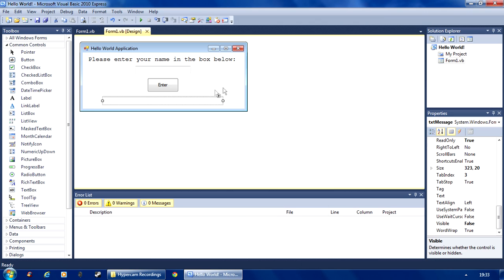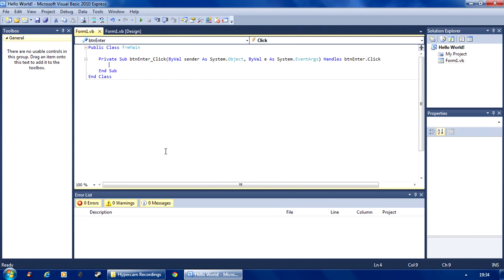So next we are ready to start with our code. So double click the button, and it'll bring up the code for what will happen when you click the button. So here's the code. The private sub for button enter when it's clicked, and it'll handle what will happen when the button is clicked. So here's where you type the code, in between private sub and end sub. So right here, and well,